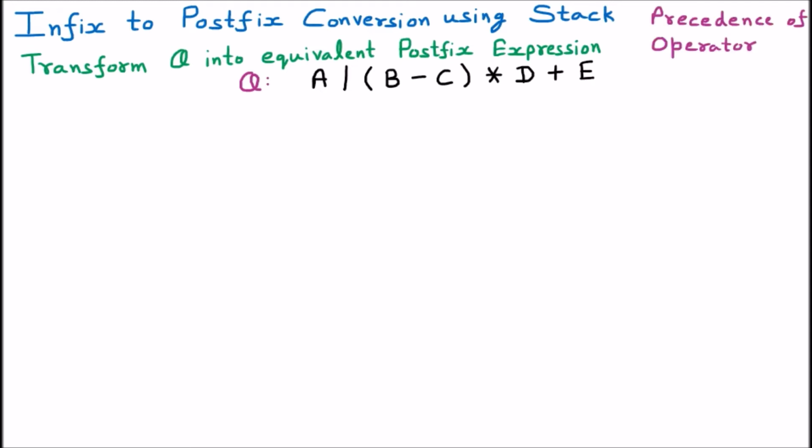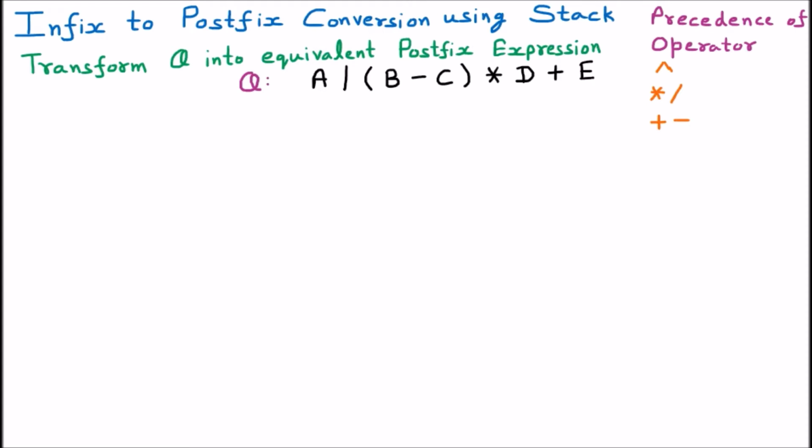Precedence of operators means operators are given some kind of priority. First, high priority is given to the power operator. Then afterward we have the next precedence, which is the multiply and divide operators, so they are on the second level. Then afterward we have the precedence of plus and minus.